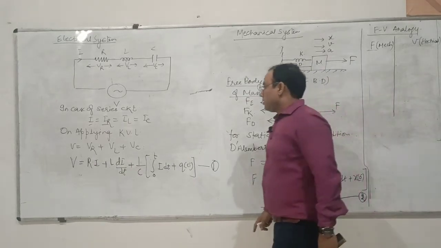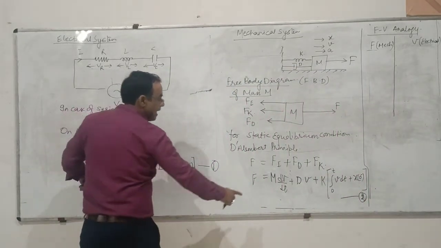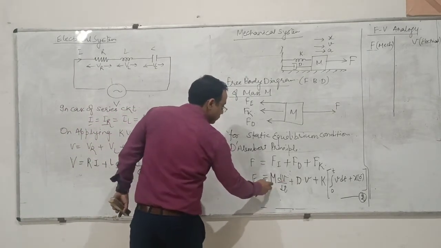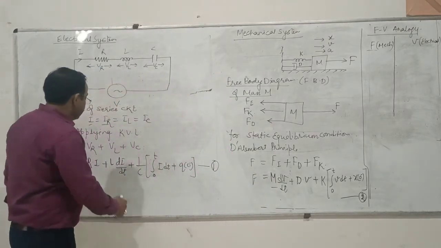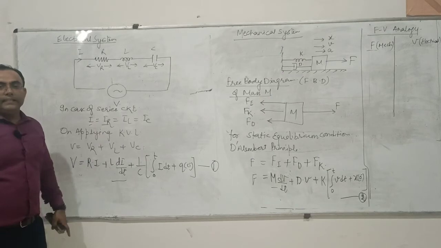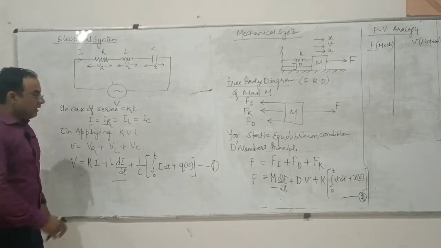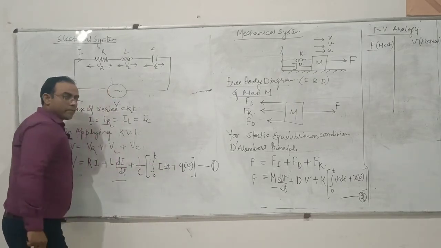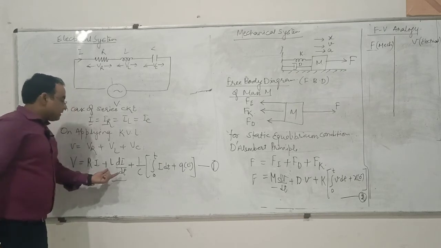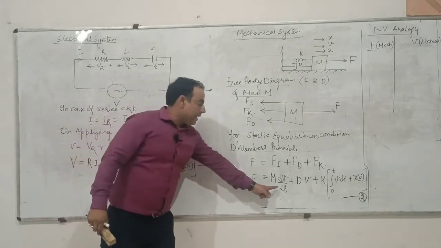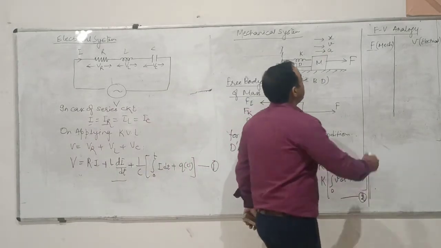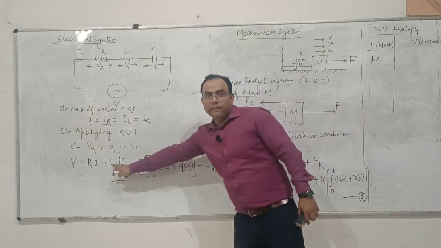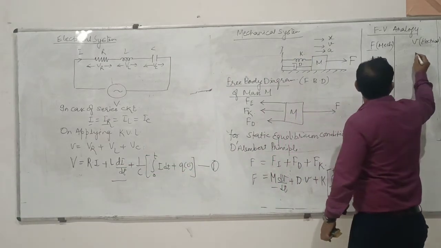Now, as we compare the two terms, that is R i and m dv, and this one term, m dv upon dt, is equal to L di upon dt, because their differential equations are exactly identical and the constants may or may not be identical. So by considering these two terms, L di upon dt and m dv upon dt, we can say that mass will be analogous to inductor,